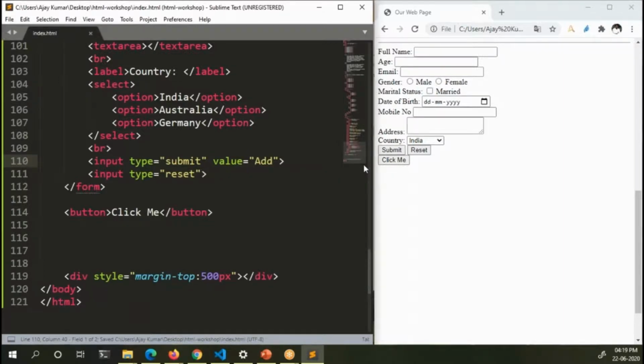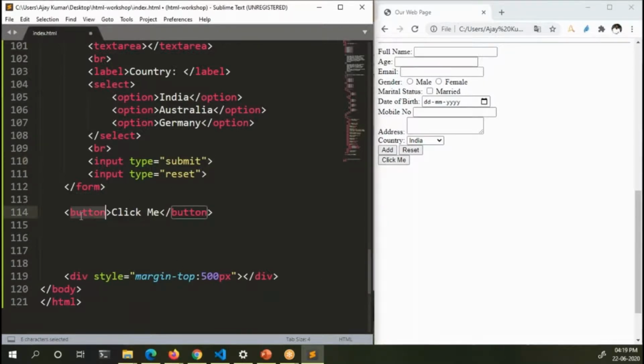So I'm changing the value for the text of the submit button to add. Let us see whether it will reflect. So I think you can see now. The default values for the submit and reset buttons are submit and reset themselves. But if you want to add anything explicitly, you can do so by using the value attribute, right?